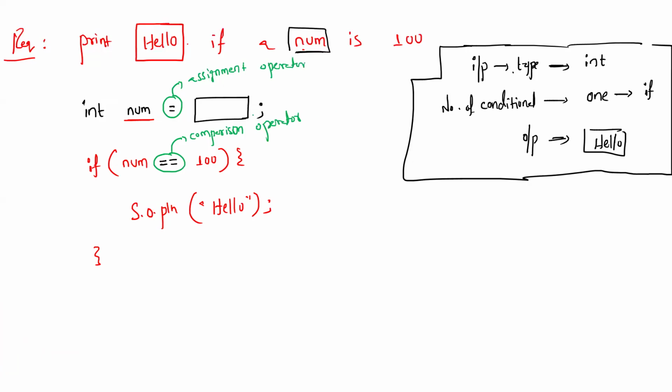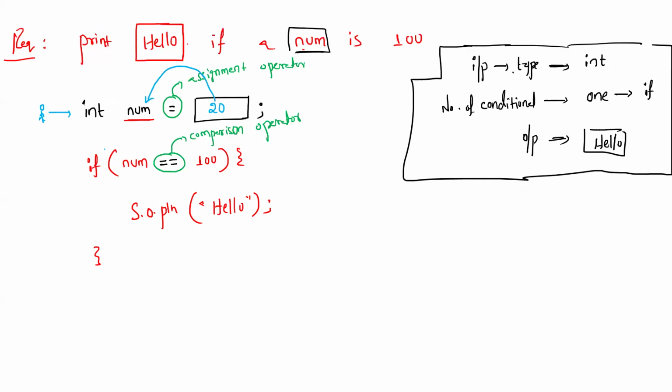So once we have this program, what is the JVM's execution flow? My writing of the conditional logic is over. Now we have to think about the output. For that, I am giving a sample input, for example 20. When the JVM comes to execution, it comes to the first line and loads this 20 as a value into the num variable, assigning 20 to num.